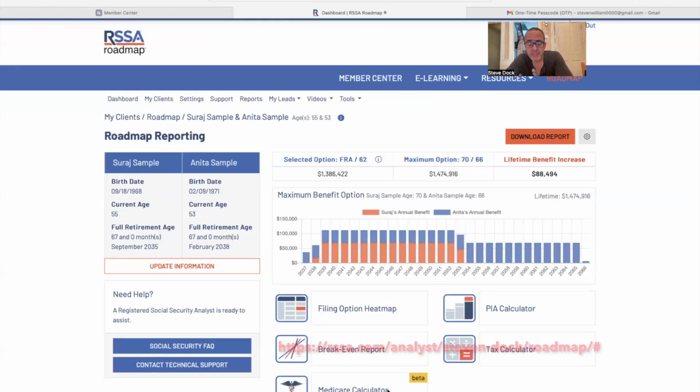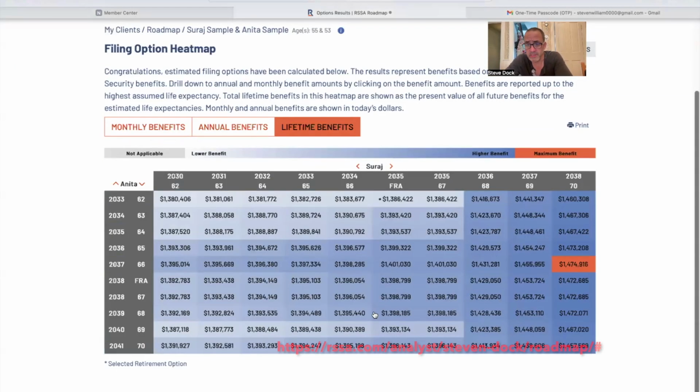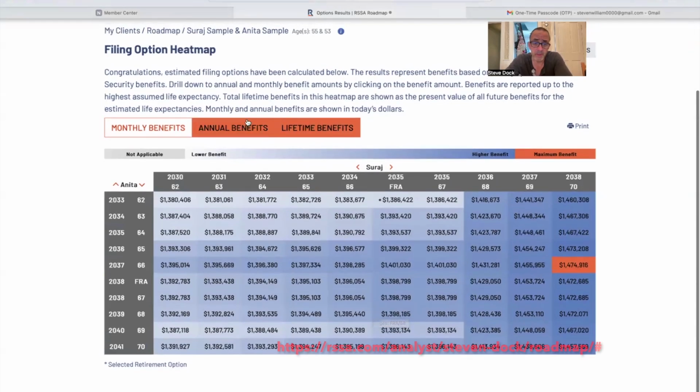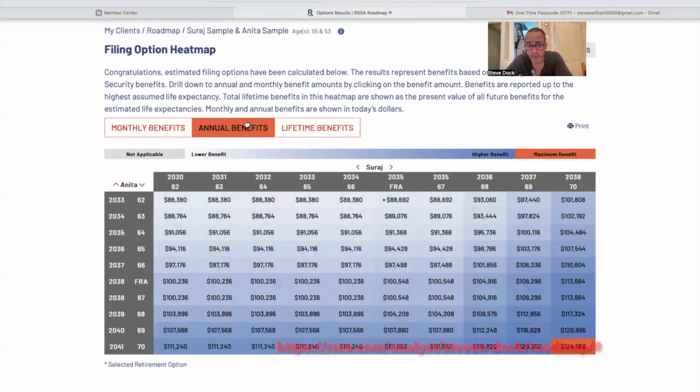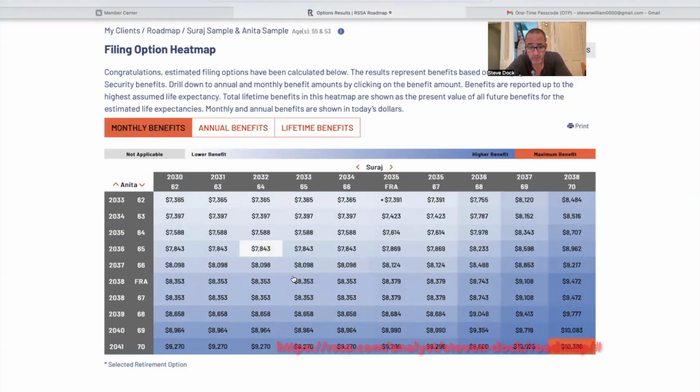So what you're going to get access to is this great set of reporting. This is about you, specifically about you. So I have a couple example people here, Siraj and Anita. Ultimately, there's a bunch of these really cool calculators that are going to give you interesting information, but I'll just show you. You can look and see what your ultimate lifetime benefits are going to be, what your annual benefits are going to be, what your monthly benefits are going to be at different combinations of